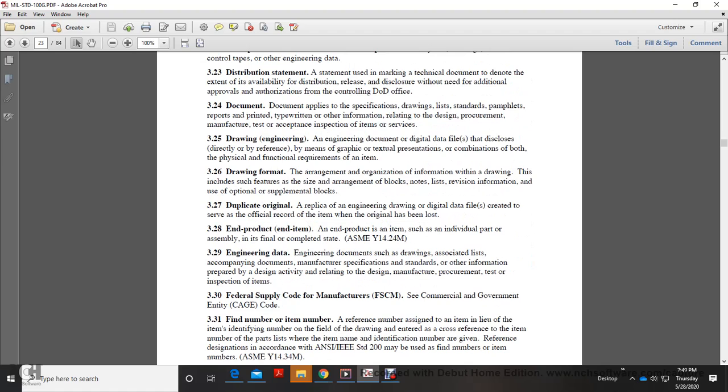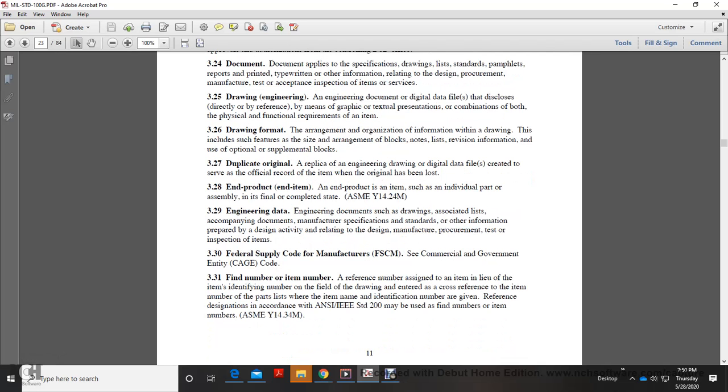Engineering data: engineering documents, such as the drawing associated with the company document, the manufacturer specification, standard, and other information prepared by the design activity relating to the design, manufacture, procurement, test, and inspection of the item. Federal supply code for manufacturers, see Commercial and Government Entity code. Find number, item number: the reference item number, either in lieu of the item's